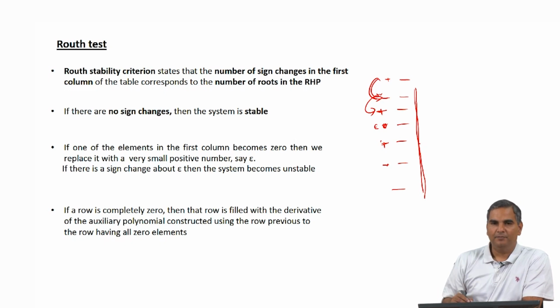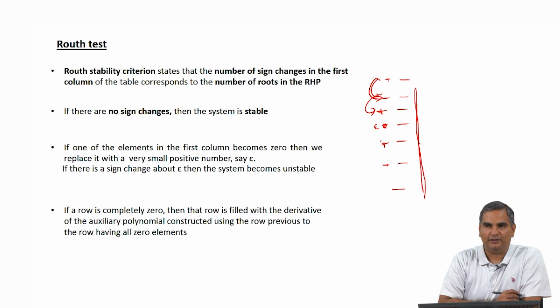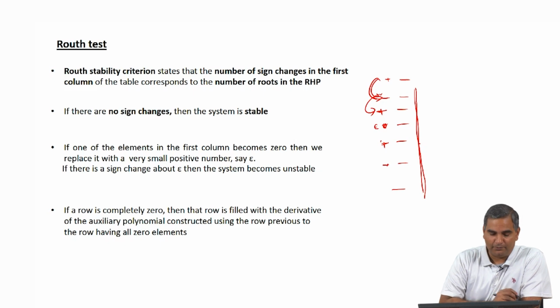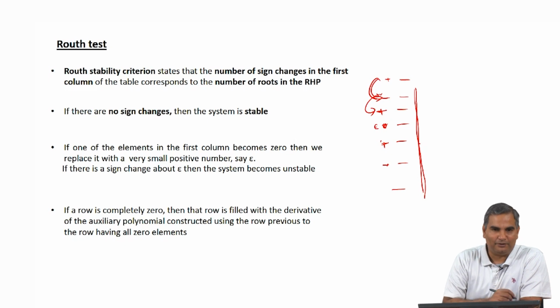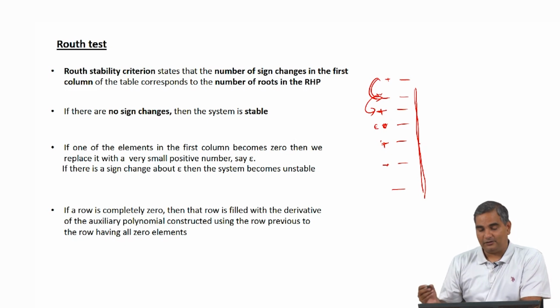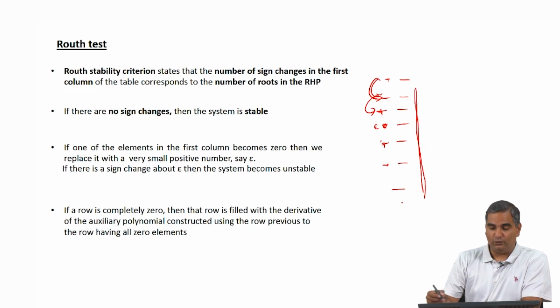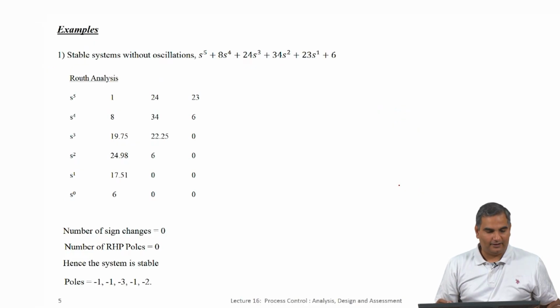You simply say, I start with a0, fill the table, and find out how many sign changes there are, and the number of roots in the RHP is equal to the number of sign changes. Now, it is very interesting to note here, and I would like to repeat this, because these are the things that make some of these topics very interesting, that we are actually saying how many roots there are in the RHP without actually computing the roots. I could say there are 2 roots, but if you ask me what those are, I do not know. That is an important thing that you want to remember.